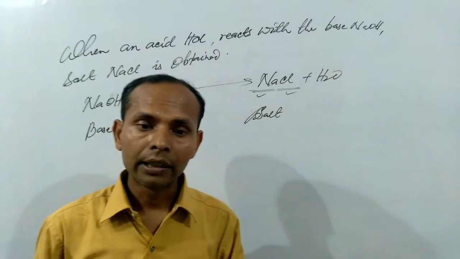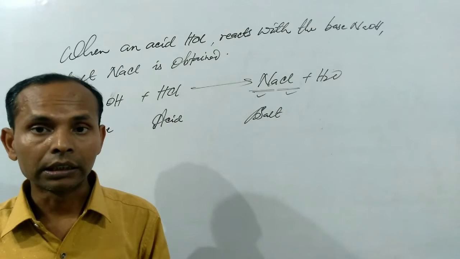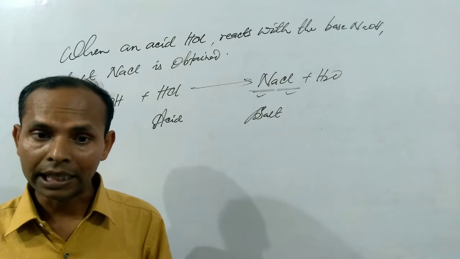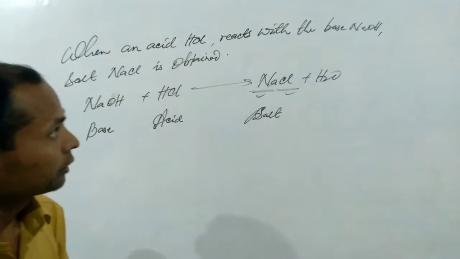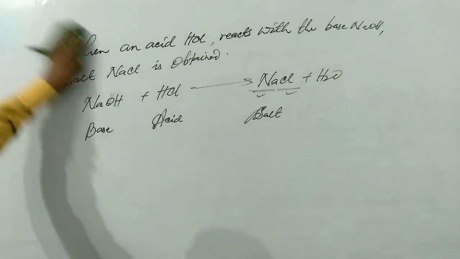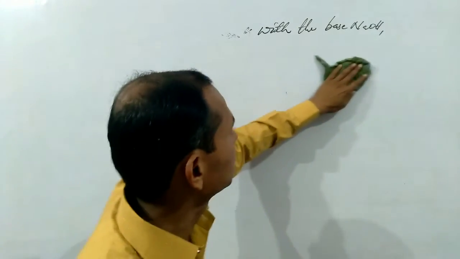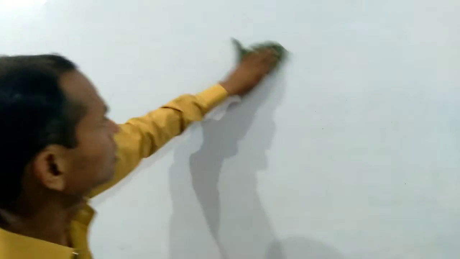So, we have known that basic radicals are such radicals which are obtained from bases. Similarly, acidic radicals are such radicals that can be obtained from acids. In this way, we have seen acidic and basic radicals, and these acidic radicals and basic radicals have also been classified into two different parts: simple radical and compound radical. Why? Either acidic radical or basic radical, these radicals have been classified into two parts. One part is simple radical, another part is compound radical.